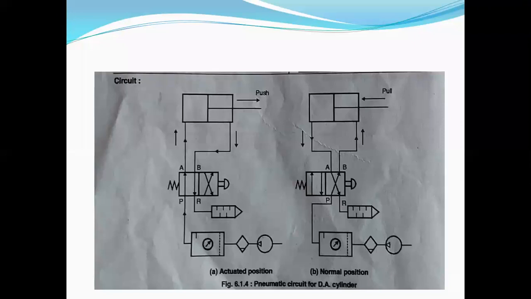Okay, when we change the supply of air by using the 4x2 direction control, in the second diagram we connect the P point towards the B point. So your compressed air will start flowing towards the rod end and will retract the actuator. Again, the return air is connected to the muffler, that is, towards the atmosphere. So this is how your double acting cylinder is actuated by using a pneumatic circuit.